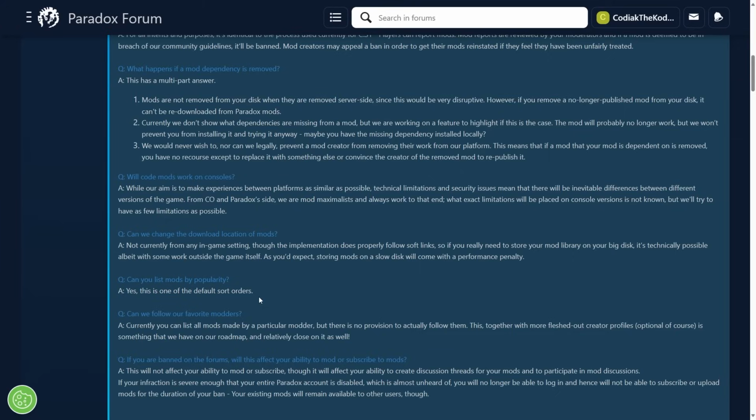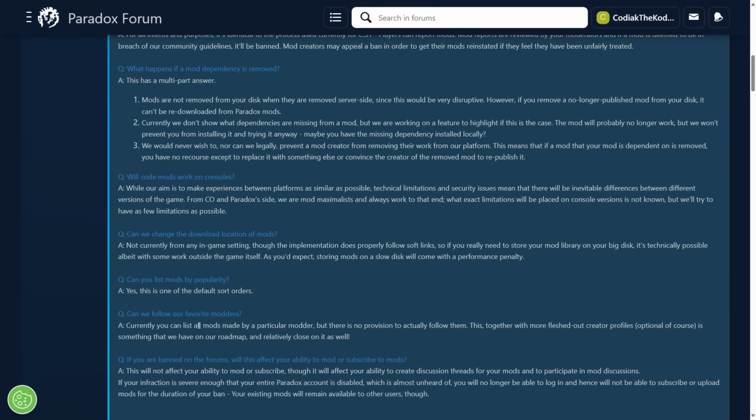Now, while that's not relevant right now because Paradox Mods is new, there's not going to be too much on there aside from maps and code mods, and we have to wait for a lot of code mods to get made still. So while that's not inherently super relevant or necessary right now, there is a lot of search and filtering related things that I do hope they add by the time asset mods come out. It is one of the things that I think is missing from Paradox Mods, and I do hope that it gets added, but it's not necessarily essential right now, and I'm glad that they prioritized other things over that.